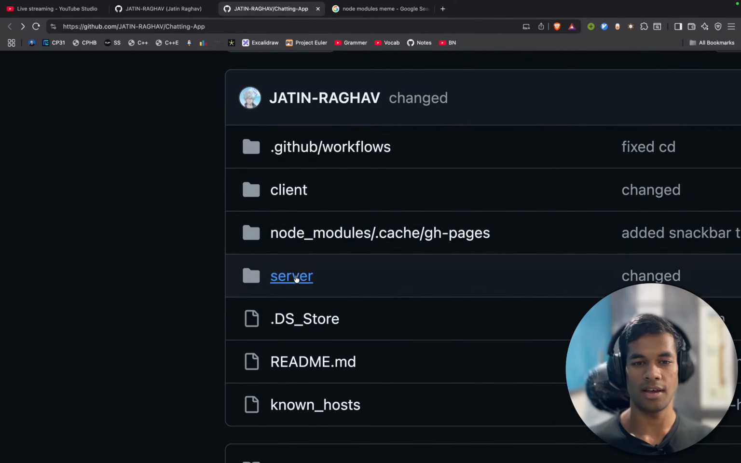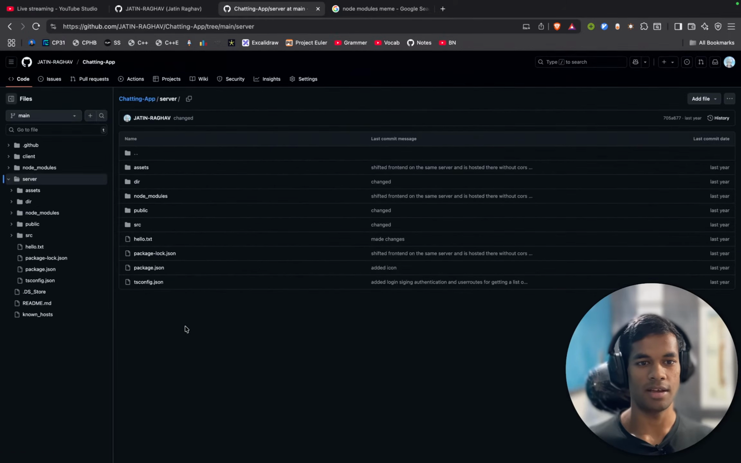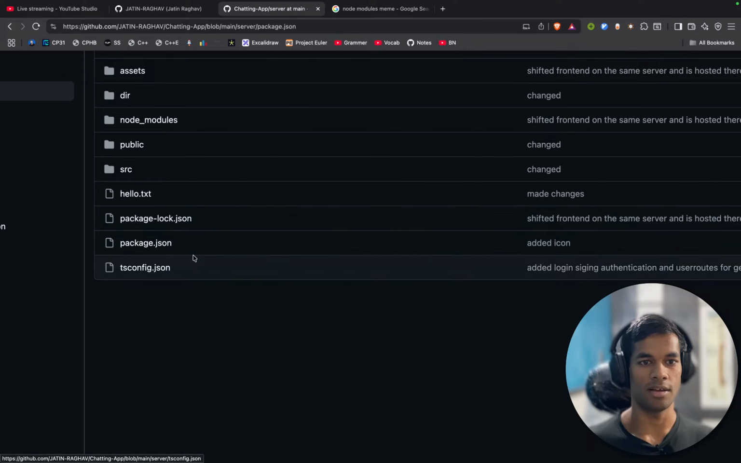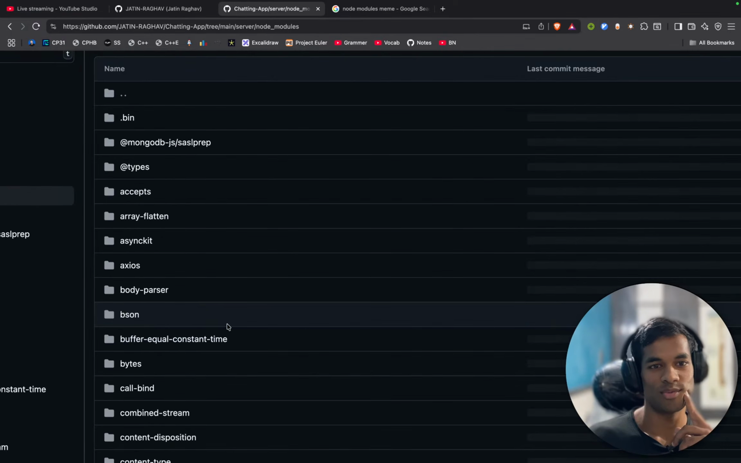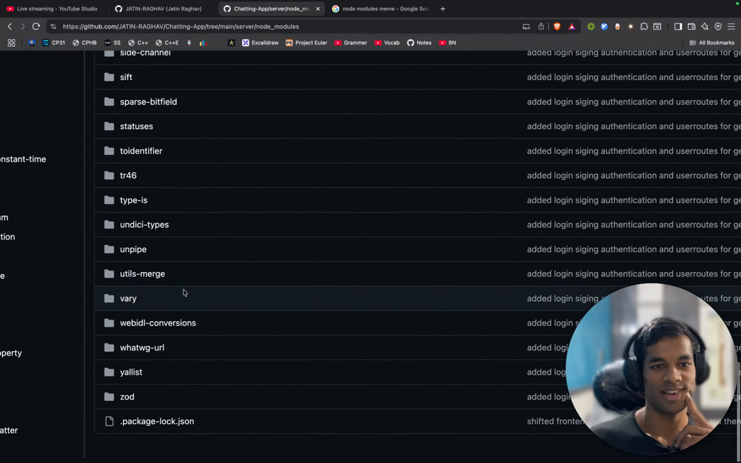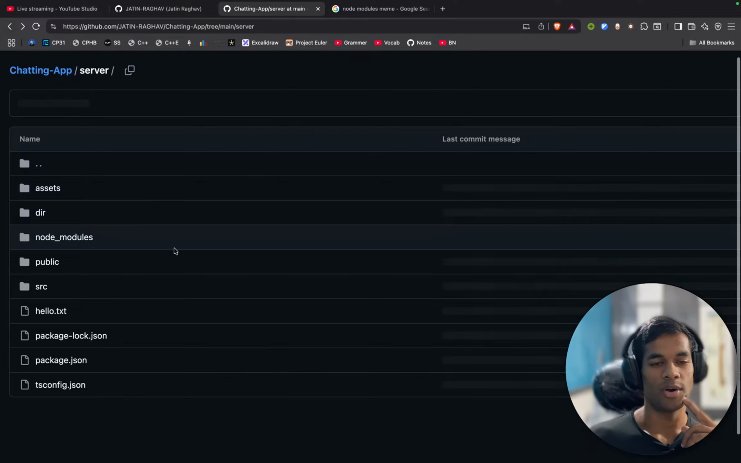Why don't I even have an index.package.json file? This is actually really stupid. I have multiple node module folders. See, this is very big. You're not supposed to add your node modules here, because